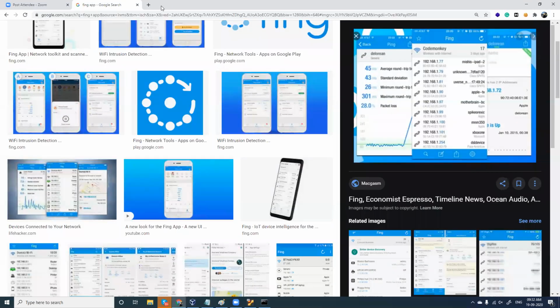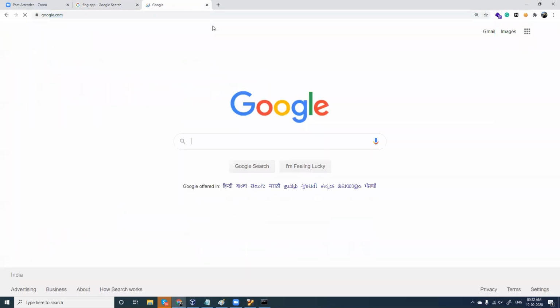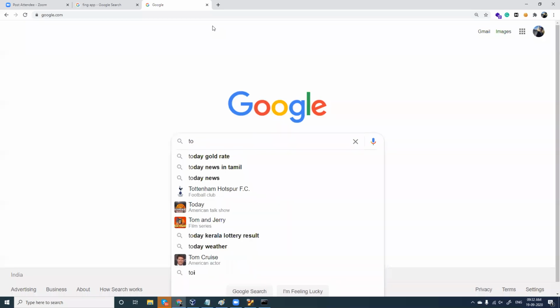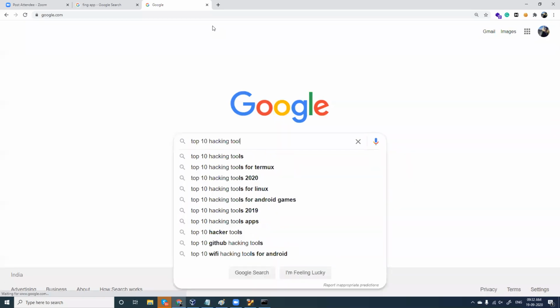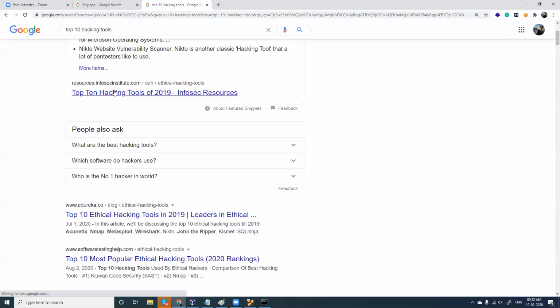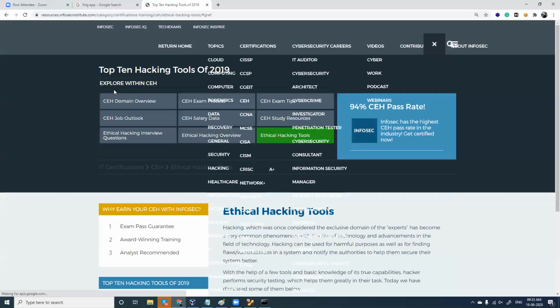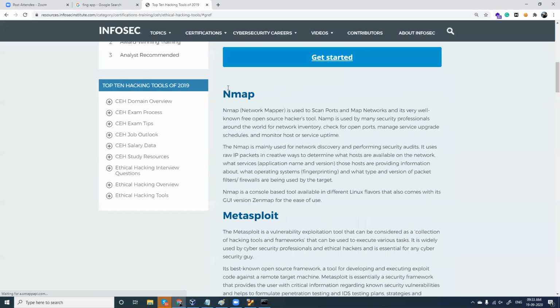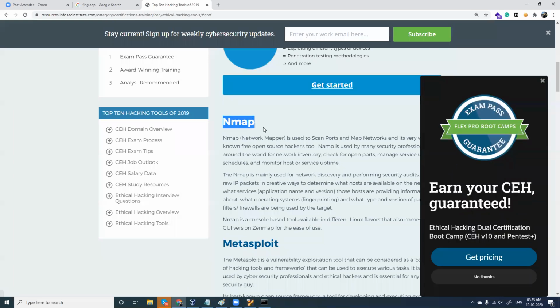See here, I'll go to Chrome, I'll open Google, and I'll type top 10 hacking tools. I've not mentioned the year, I've not mentioned anything. I'm just typing top 10 hacking tools, enter. When you type top 10 hacking tools, for sure you will have Nmap in the list. See here, you have Nmap. It is such a powerful tool. It can be used for both good and bad purposes. Probably concerning what we are learning here, we'll try to use it for a good purpose.